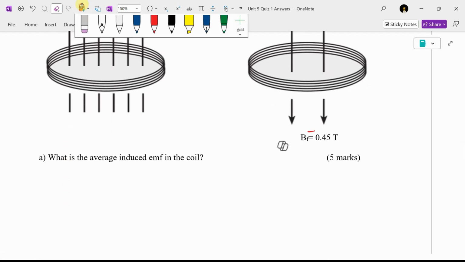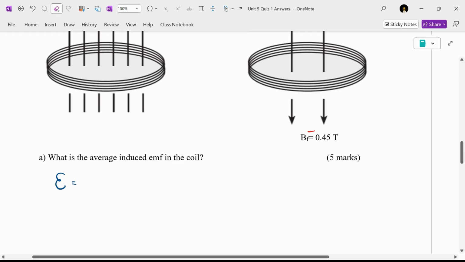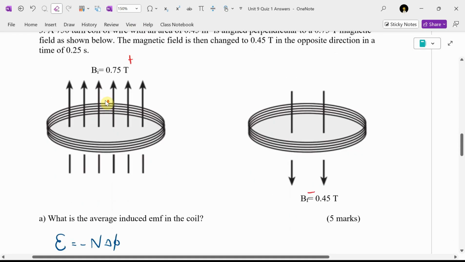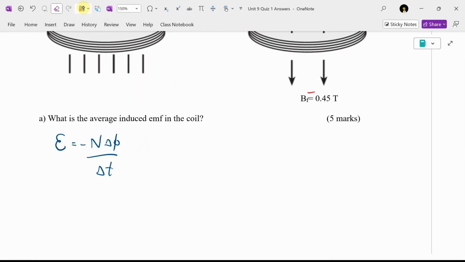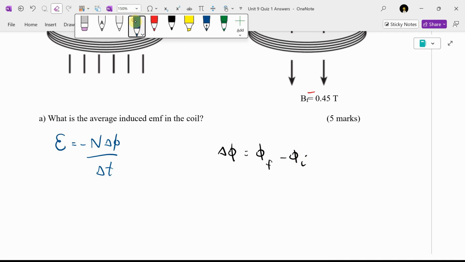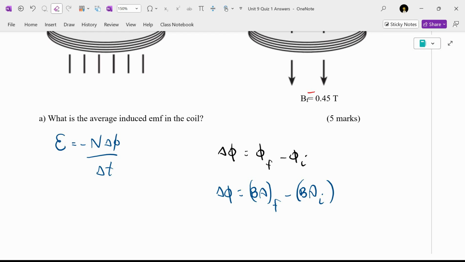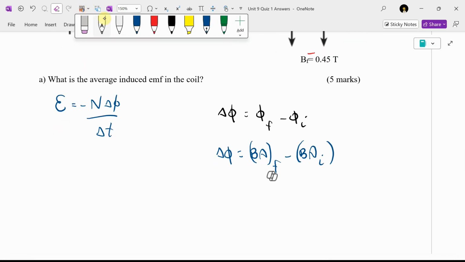They want the average induced EMF in the coil. That's going to be Faraday's law. I said, okay, N is 750, the time is 0.25, I need to find the change in flux. The change in flux is going to be final minus initial. The change in flux is going to be BA final minus BA initial. What's changing here? The area? No, this time the magnetic field is changing. So the change in flux,